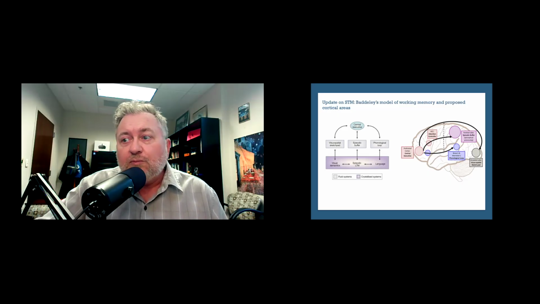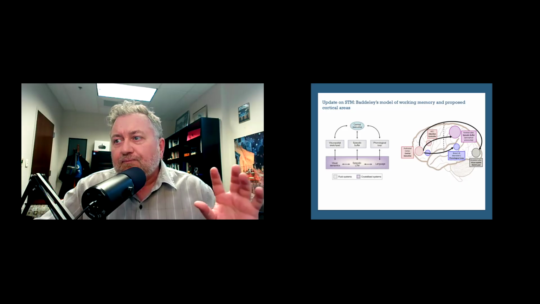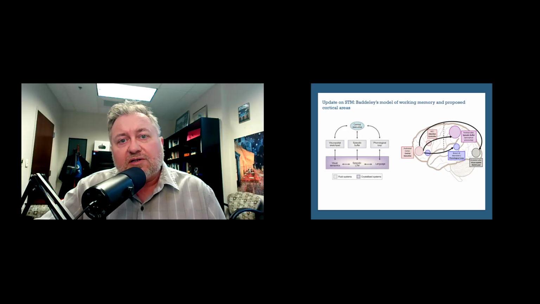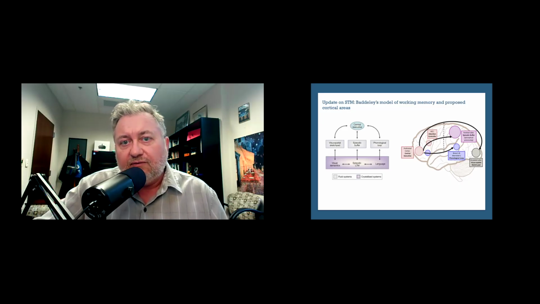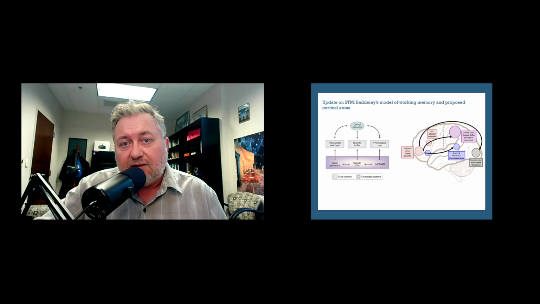When it comes to the phonological loop, yes, the frontal lobe is important because we have Broca's area, and that's our inner speech production region of the brain. But we also have Wernicke's area in the temporal lobe, which handles speech comprehension. The idea that information is looping back and forth between Broca's area and Wernicke's area is one way we might think about how the phonological loop could work. And for episodic memories, maybe we want to look at the posterior parietal cortex, at the integration of visual and somatosensory information and other attentional information there, and assign some activity to that. And for the visual spatial sketchpad, maybe we want to look at the visual cortex and the occipital lobe.